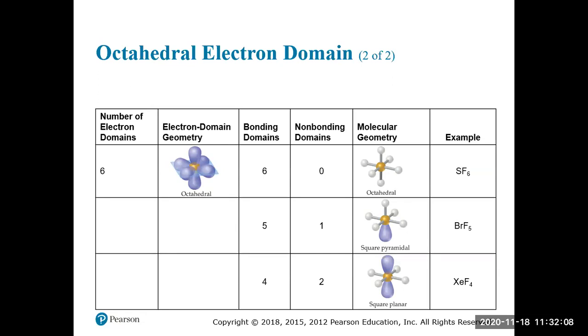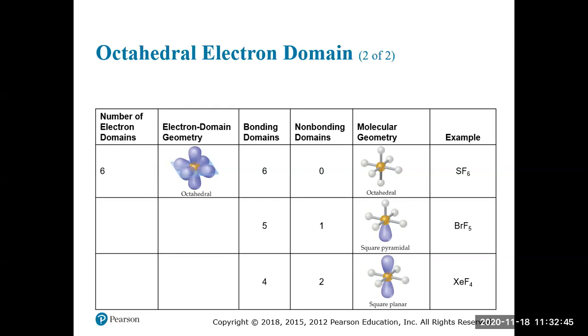If we then substitute one of those bonding domains with a non-bonding domain, in other words, a free pair of electrons, and in this one it's drawn with that lobe pointing down, it could be on any of those positions, and because they're all equivalent, it would be the same thing. It would just be rotating it around. In that case you have what's called a square pyramidal. We have 4 bonding domains in one plane, and then one sticking up